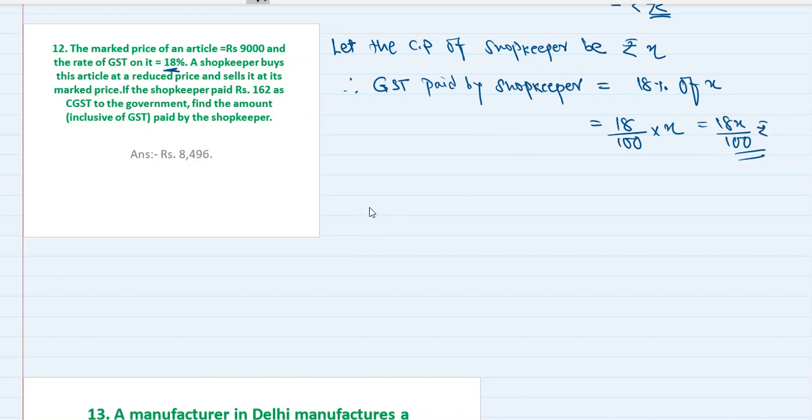So this is the GST paid by the shopkeeper, out of which the shopkeeper has paid 162 rupees as CGST to the government. Now CGST is paid to which government? CGST is paid to the central government, and always remember GST gets divided equally among the central government as CGST and the state government as SGST. So if the tax has been divided equally, therefore